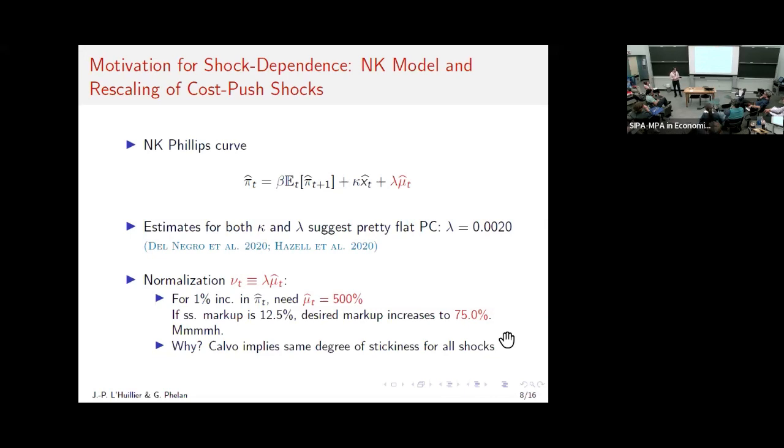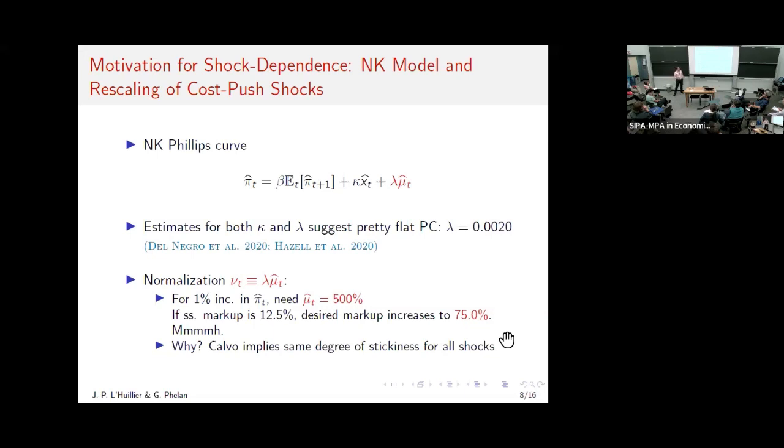So what this is saying is basically the way the New Keynesian model is generating inflation out of the supply shock is saying there's a very small fraction of firms that is increasing their price by 500%. And that's giving you 1% of increase in inflation. So when you think that inflation, when you have supply shocks, increases by more than that, then you start saying this is kind of uncomfortable.